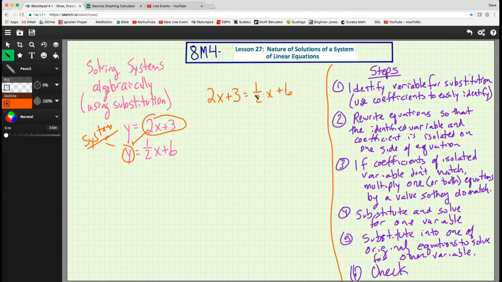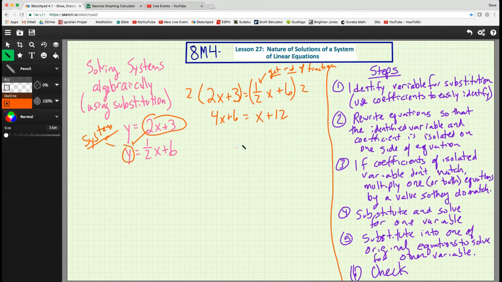Well, I like to get rid of fractions, so I'm going to multiply everything by 2. And so I get 4x plus 6 equals x plus 12. Why did I multiply everything by 2? To get rid of this fraction. We can't forget all of these little tricks on solving, because those were building blocks. When we were solving these kinds of equations with fractions in them, those building blocks are critical for solving systems